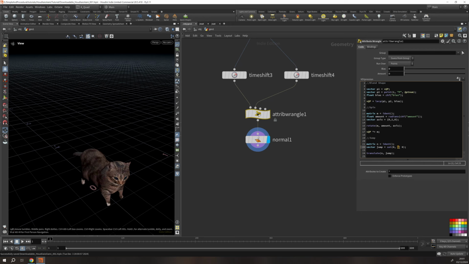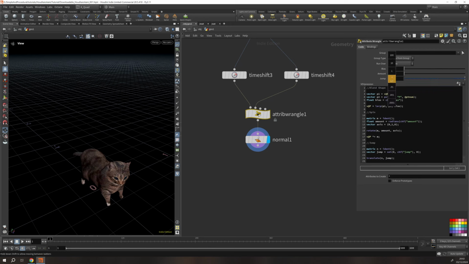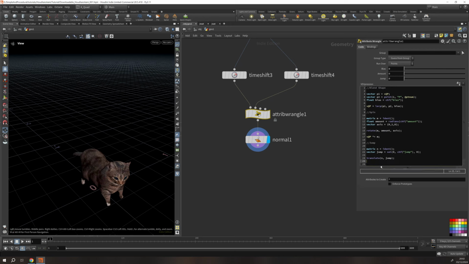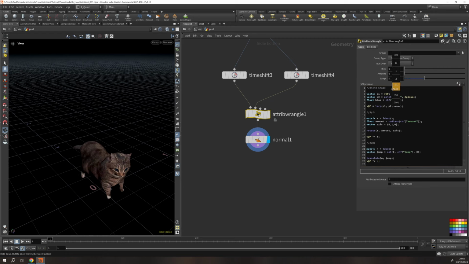So rather than putting a value here, I would just put down a channel float and I would just call it jump. So now I get my jump here as well, and it's not connected to anything, so it's not doing anything for me. I'm translating by jump, so last step, just multiply position by this matrix. So we are jumping